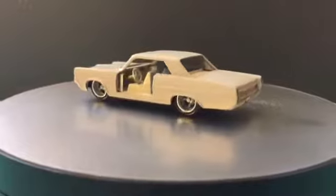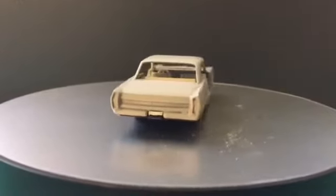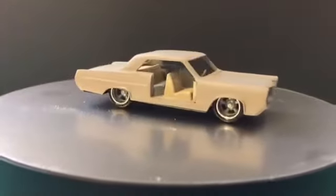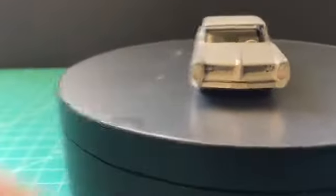Got the wheels to fit on the base plate. And obviously here's just a bit of a mock-up to see how it all looks. Overall, quite happy with how it stands. It's the kind of stance that I wanted to get on the car. Obviously, I would like to get it a little bit lower, but